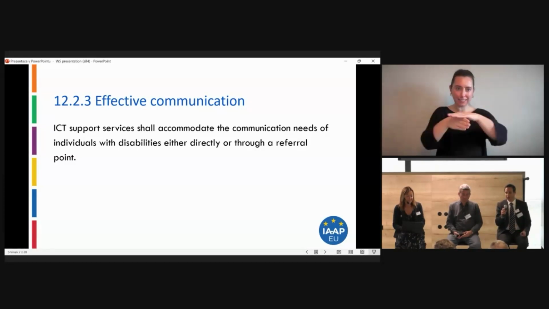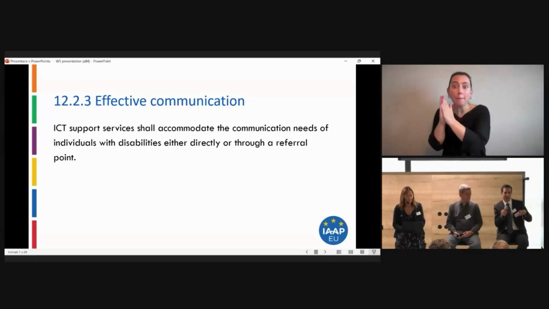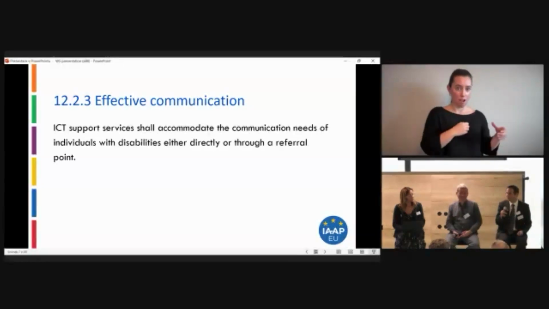I'm here to talk about two requirements, which are about support services. And just a small thing, before we came on stage, Susanna asked the organizers to put water here for the speakers, because even seeing the water helps not to get dry mouth.